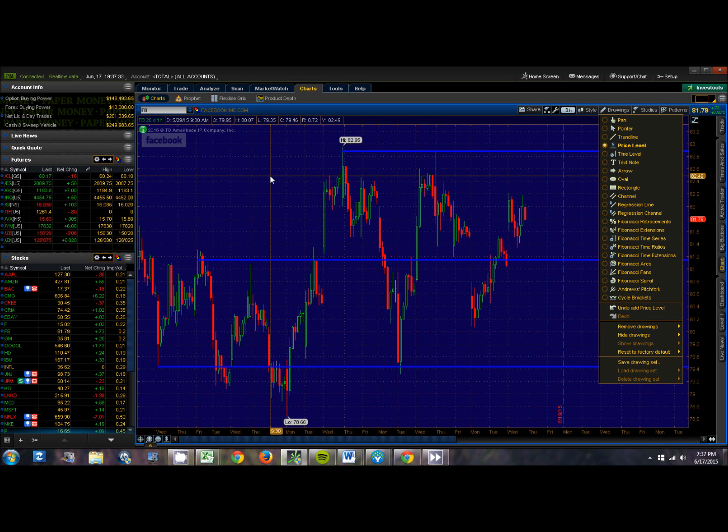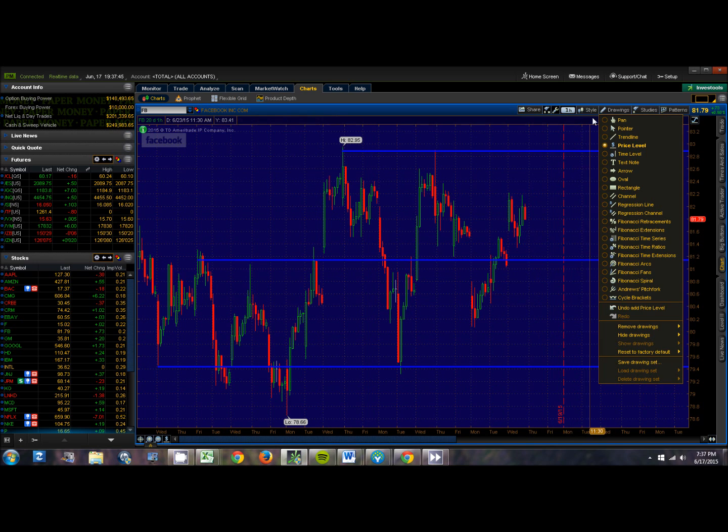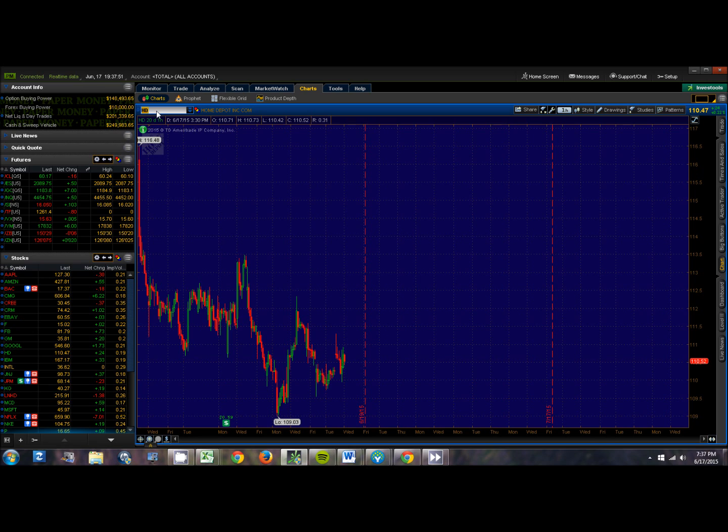An uptrend would be higher highs and higher lows. A downtrend would be lower highs and lower lows, so just the opposite. Let me see if I can find a stock with a downtrend real quick. I'm not even going to mark it up necessarily, but just so you guys can see it. It doesn't even matter what time frame it is. Let's look at Home Depot. No, not really. I want to find something. What's been crashing? Well, Twitter's been crashing, but